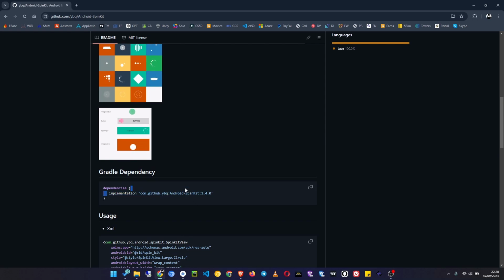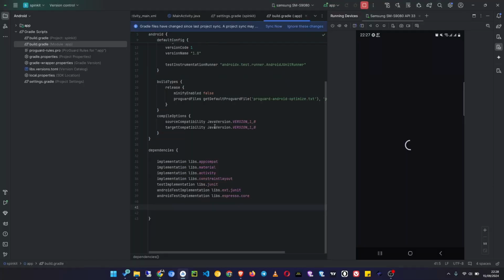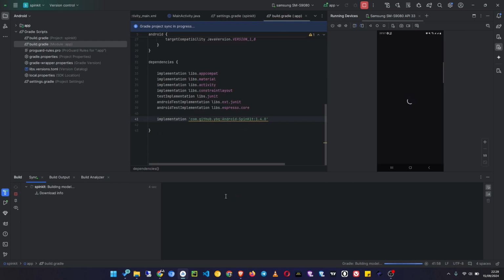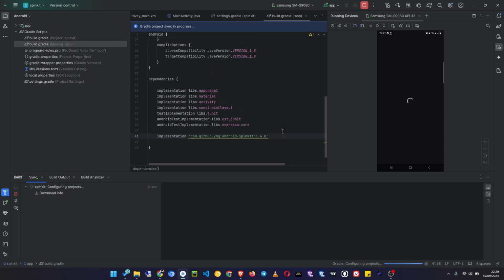So we copy this implementation Spinkit, copy it, then we paste it down here, then we sync our project. This takes a few seconds to download and configure this Spinkit library. So once the build is successful,